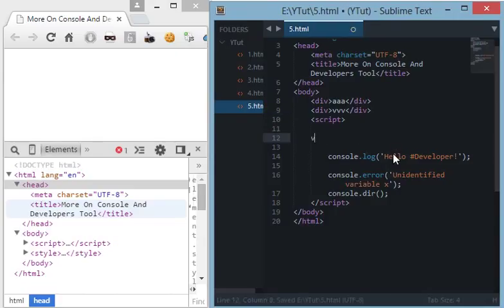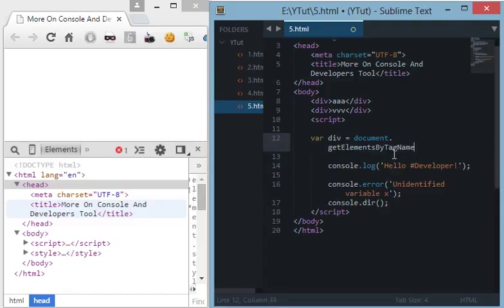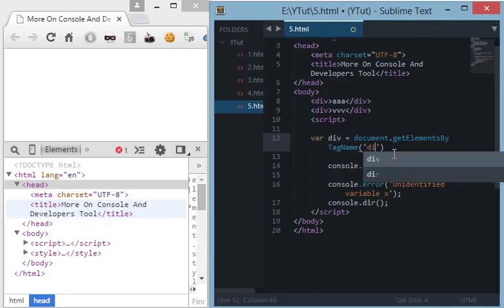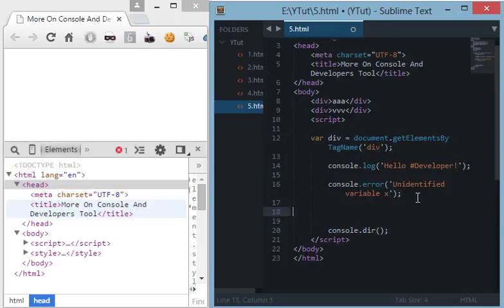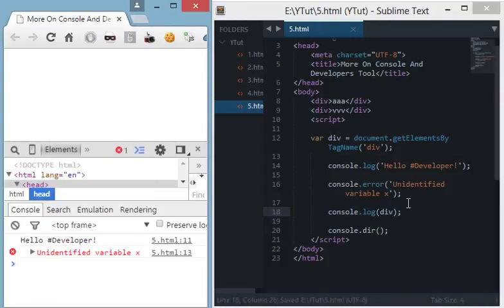and we do document dot getElementsByTagName. I'll teach this in further tutorials. For now, just remember that we are getting the objects of these two divs, or actually every div in this document, which are only two right now, and we are storing it as an object in the div variable. Now if we do console.log div, then you will see a message like this,